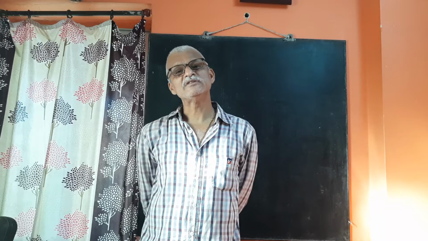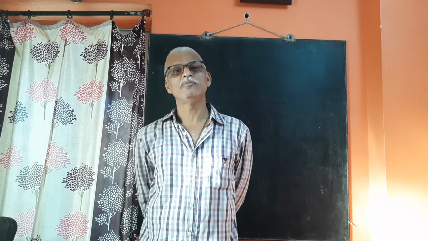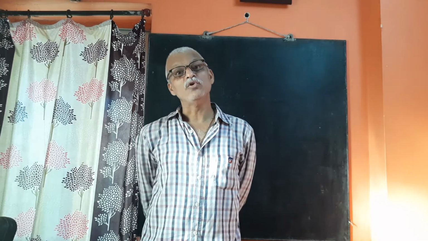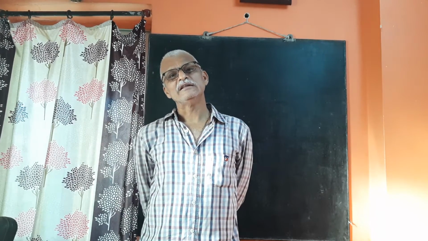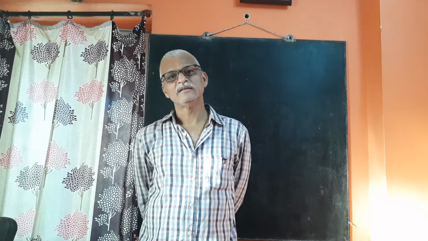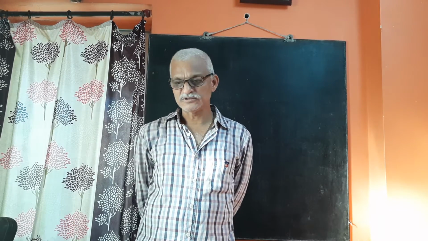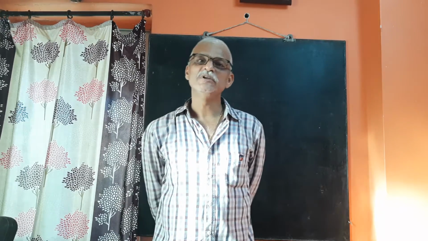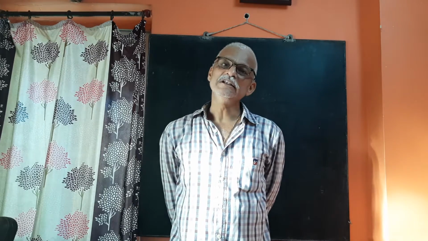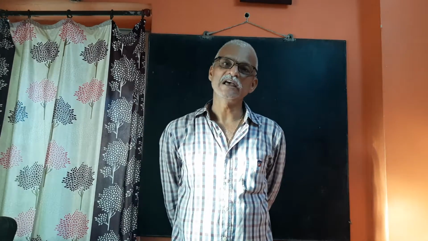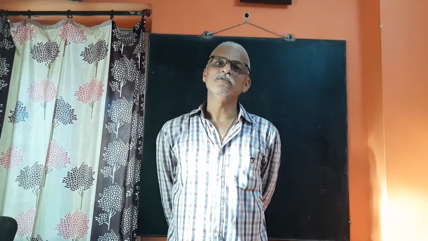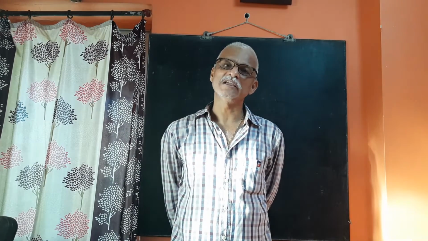One is in terms of cos and sin, that means the combination of cos and sin, that is cos square a minus sin square a. Second, only in terms of cos, that is 2 cos square a minus 1. Third, only in terms of sin, that is 1 minus 2 sin square a. And the fourth one is only in terms of tan, not a combination, that is 1 minus tan square a upon 1 plus tan square a. For tan 2a, there is only one formula, that is 2 tan a upon 1 minus tan square a.